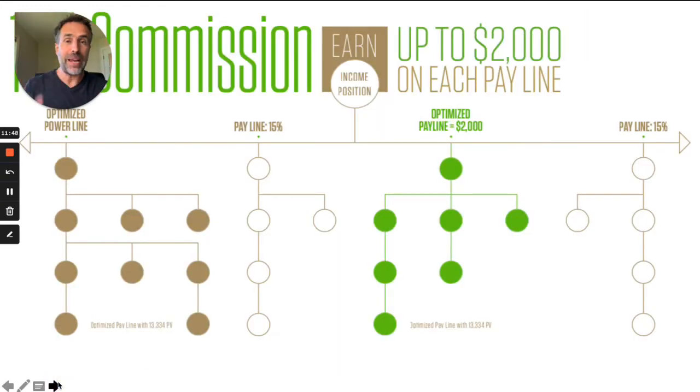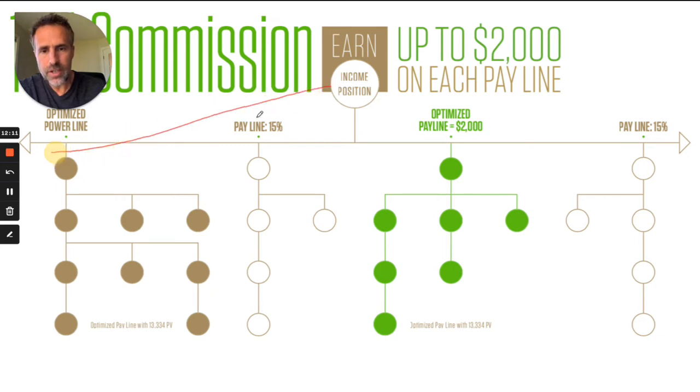Now, let's go for base commission, which is the middle of our comp plan. And this is where people will go from really, really part-time basis to a full-time income, okay? And how it works in the base commission is you can earn basically up to $2,000 per week for each pay line you build. So how does that work? Simple. If you start right at the member level, which was 200 points, you got 2 lines you can build. If you start at the business level, you got 3 lines you can start to build. If you start at the elite level, you got 4 lines, and at the ultimate, you got 5 that you can start. And you can start them whenever you want, all right?